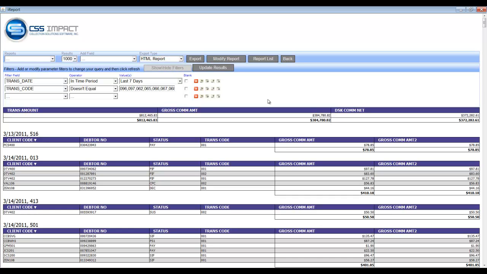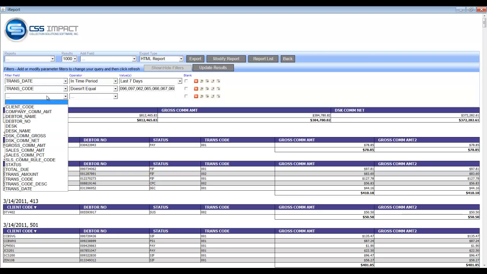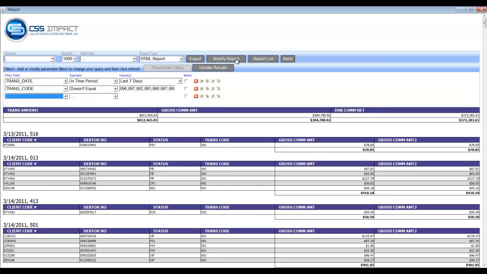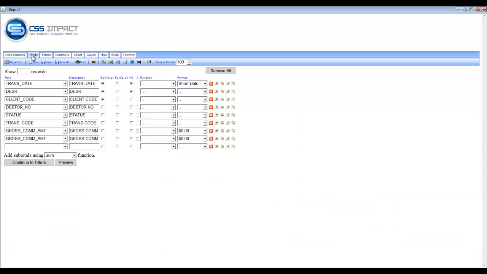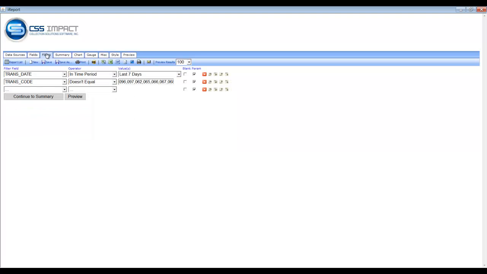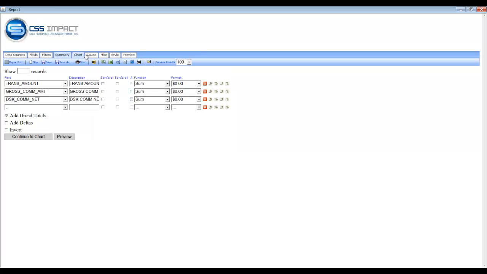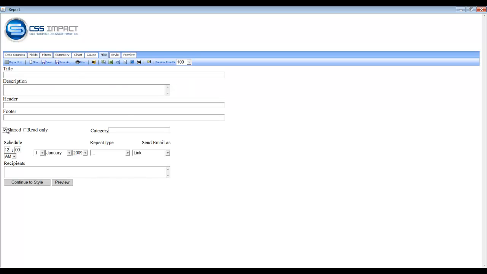You can choose to add more filters right here, or you can simply decide to modify the report to add additional functions. Now you'll notice that you're in edit mode. You can add more fields, modify your filters, modify your summary. You can add charts and gauges. You can make this a shared item or a read-only item, and you can schedule this report to be emailed